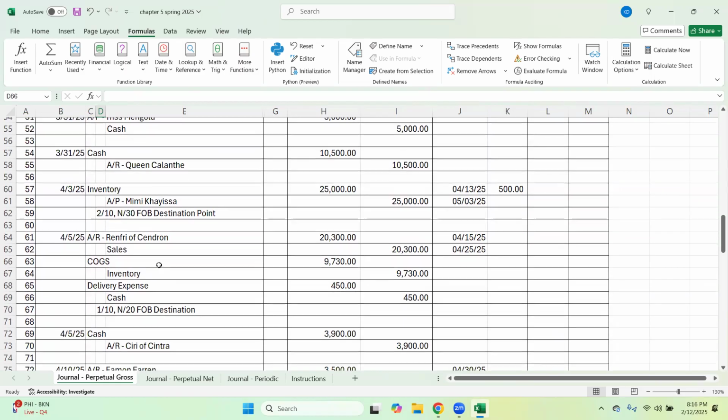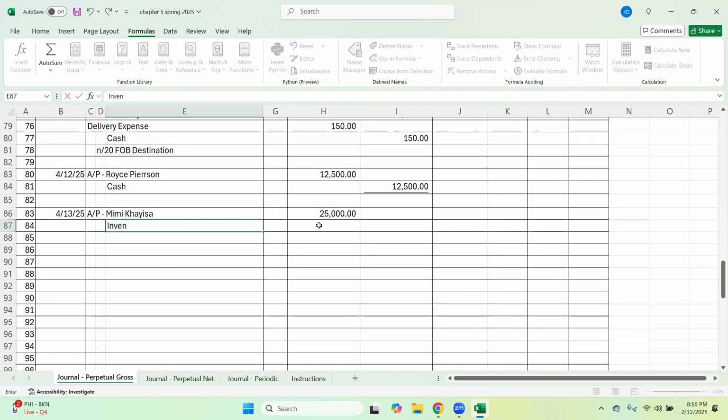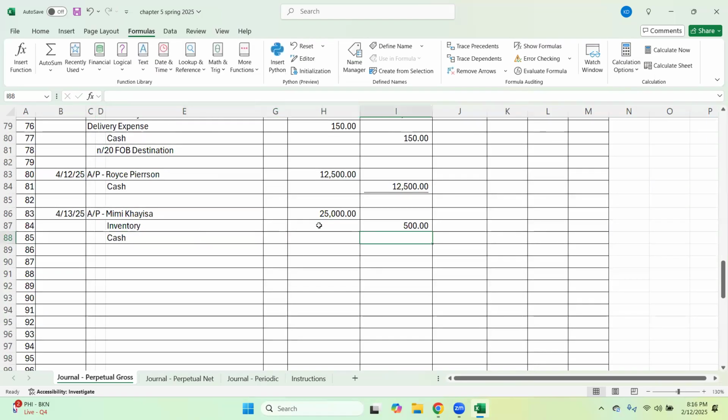So we're gonna end up paying her. We're gonna get rid of the accounts payable. Okay. Then we're gonna have our inventory of $500 because we're getting to take the discount. And out the door went our cash of